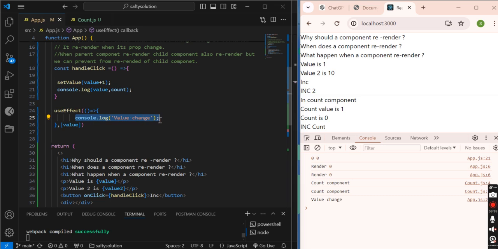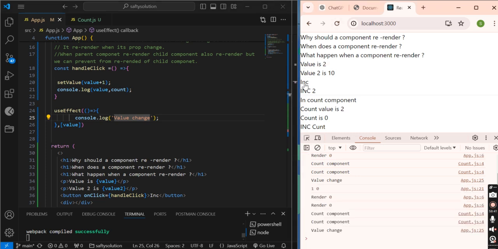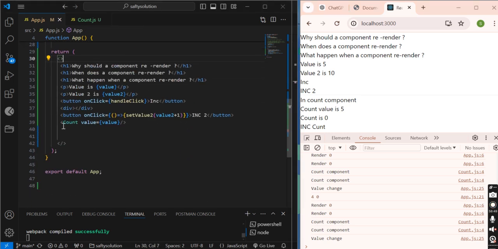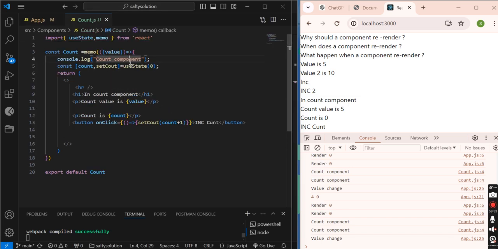See here, and what is printing? Value changes. That's why it is printing. Let me click. Each time it's printing render, and here the child component, count component. Why? Because I have passed it, and here it says that if this value changes, then re-render this whole component. That's why it is printing.